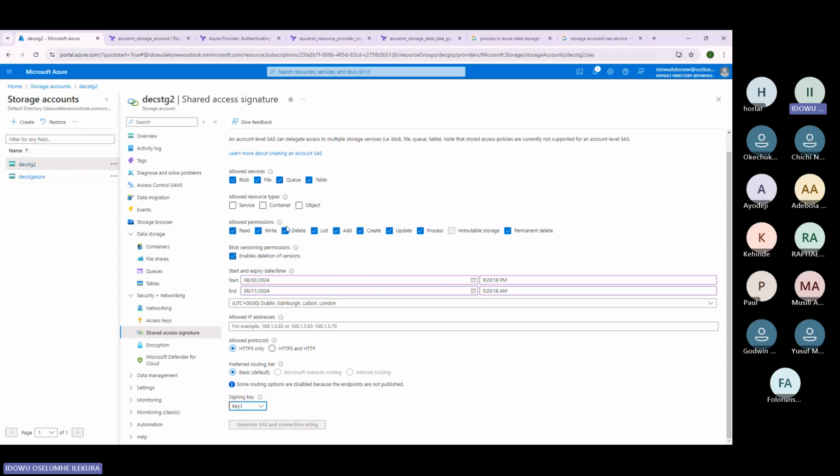So and then here, if you don't allow any service, you see that you can't generate. You have to allow service. Even though you click here allowed services, you still need to click on the allow resource types of this service. So because we want to do container and objects, once you click on it, you see that